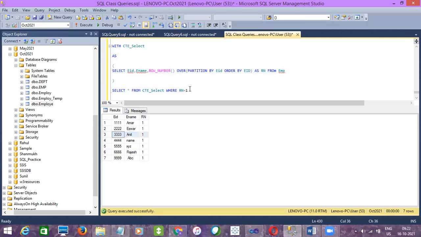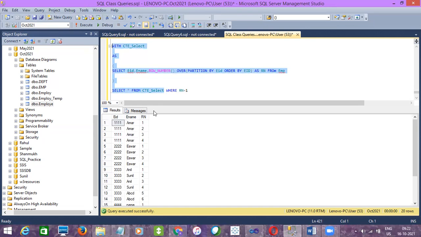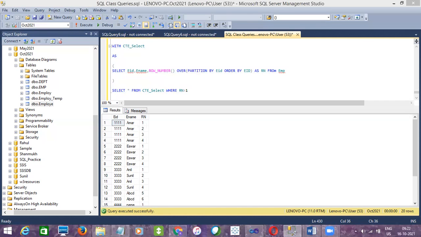And then if you want to delete duplicates, or if you want to select duplicates, what exactly do I need to do? By looking at the result, can I use row number greater than 1? Agree? Yes, but the blocks should consist of more than one row. Then only will it fetch them. Otherwise, no, right? If there are duplicates and you use row number greater than 1, only duplicate values will be retrieved.